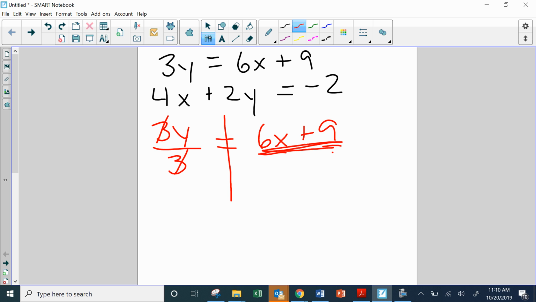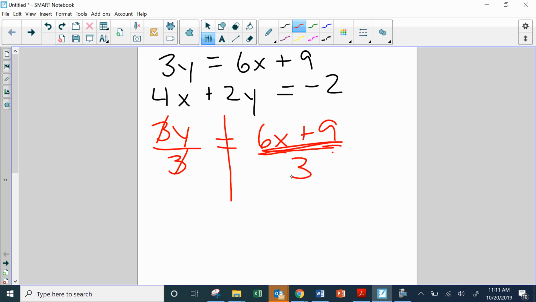Oops. Same thing as doing this right here. The whole side of that equation has to be divided by 3, not just one term. And that's the equivalent of saying 6x divided by 3 plus 9 divided by 3. Same thing. So when I divide this out,